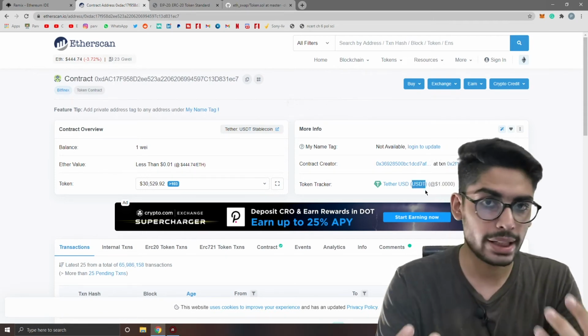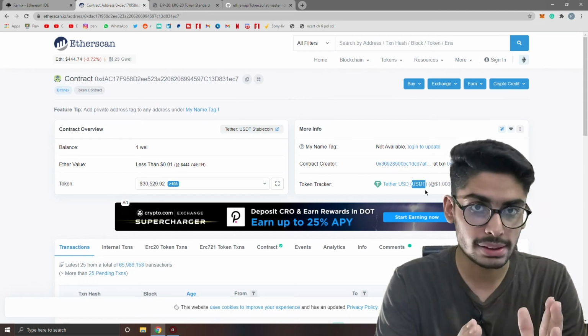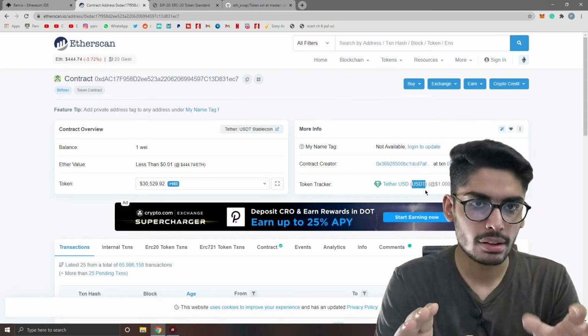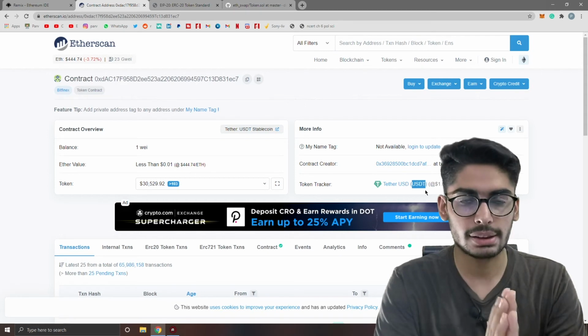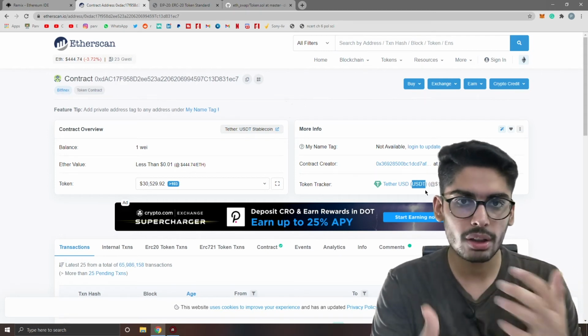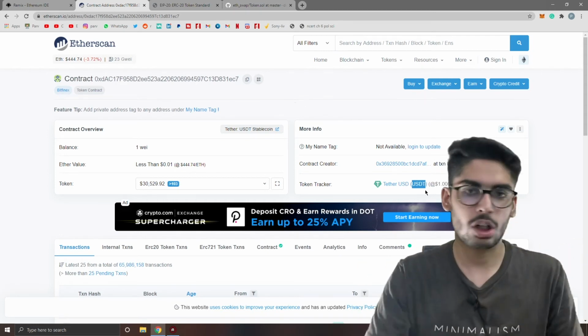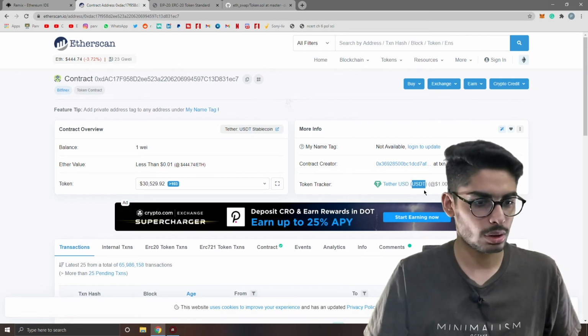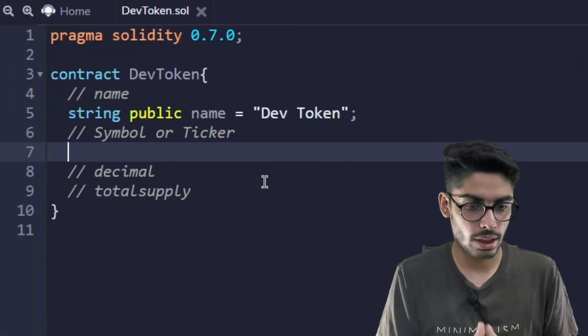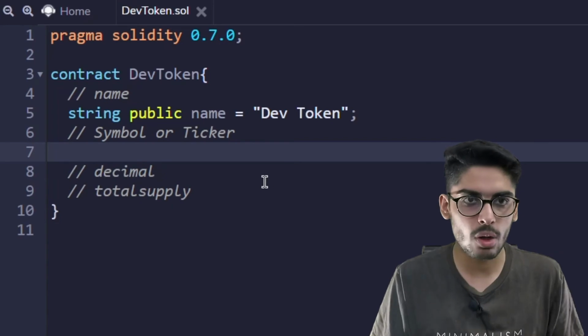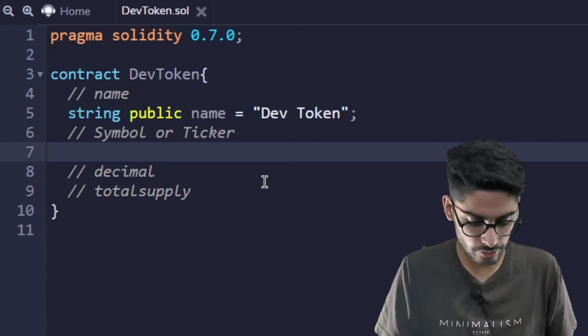Whenever you and I want to buy some USDT, we call it that. We don't say we want some Tether USD. We call it USDT as a short form of Tether USD. So we will give a short name to our token as DEV, for Dave token.